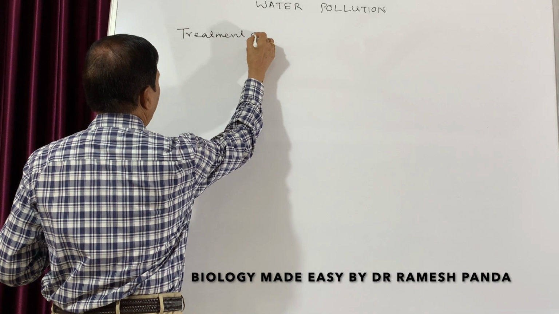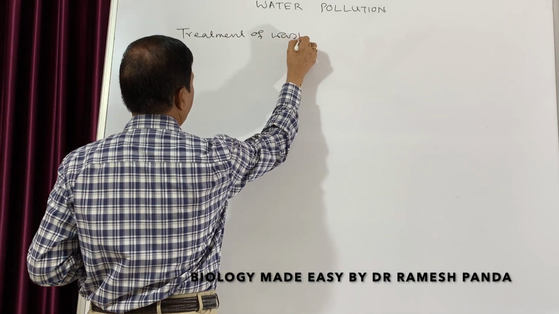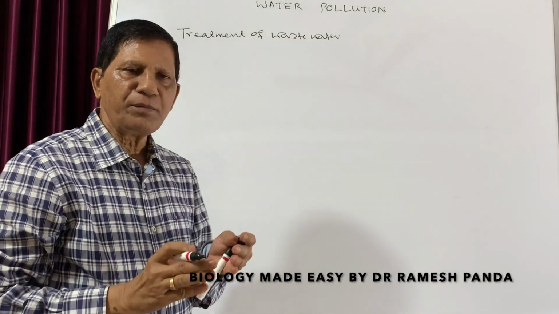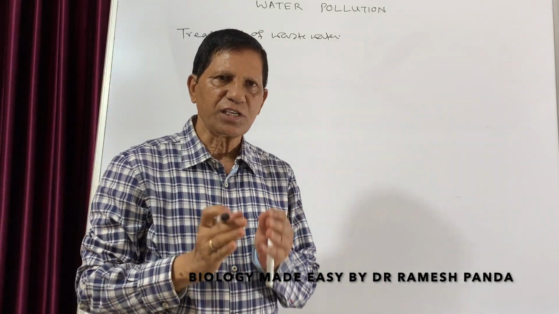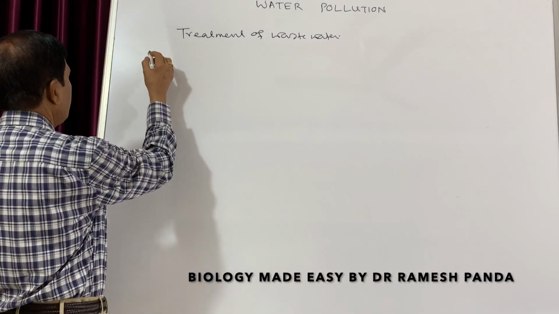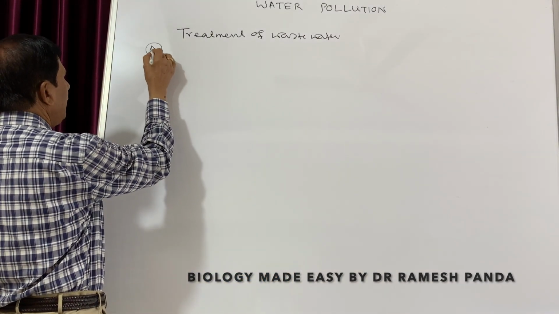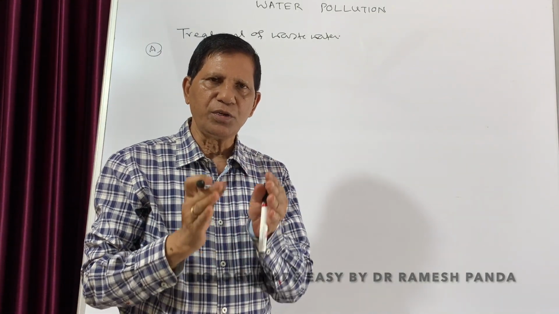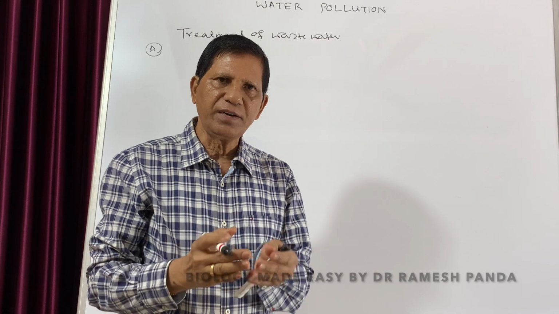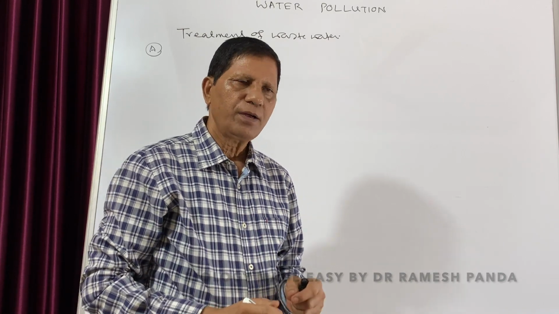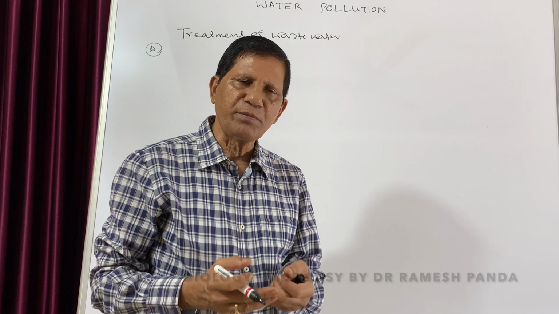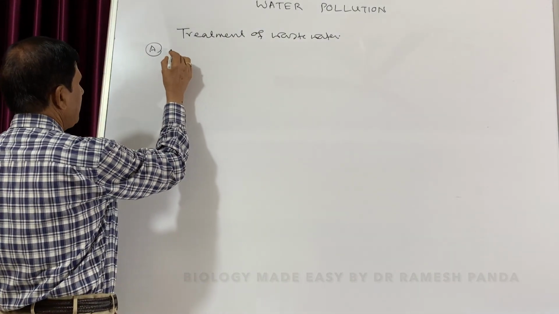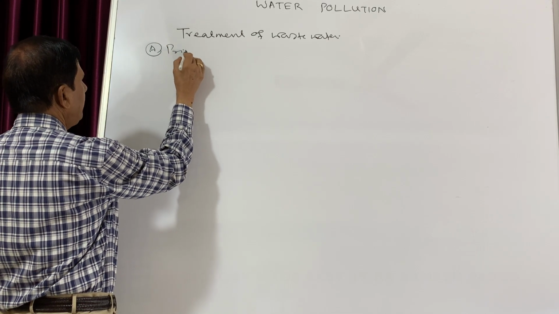Treatment of wastewater. So there are different methods for treatment, but let us discuss first one of the methods in which the sewage or the wastewater can be treated in different steps. That is a primary treatment, secondary treatment and tertiary treatment. So step by step we will discuss. So the first is the primary treatment,